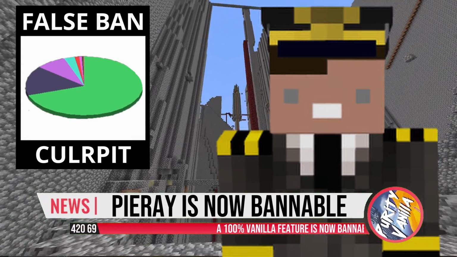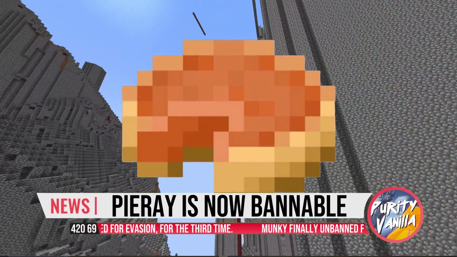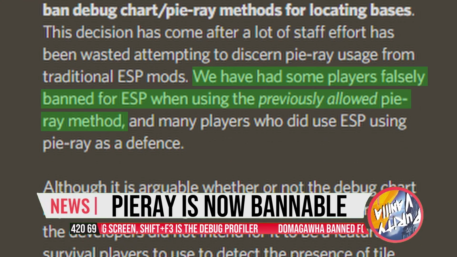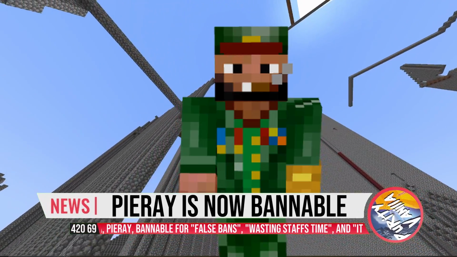Pieray, a Minecraft server's biggest culprit of false bans. How does this delicious little pie on the corner of your screen get you banned from PurityVanilla? Apparently, it's a waste of staff's time. People have been falsely banned, and it's a debug feature, are all the excuses that Penguin, the server owner, posted